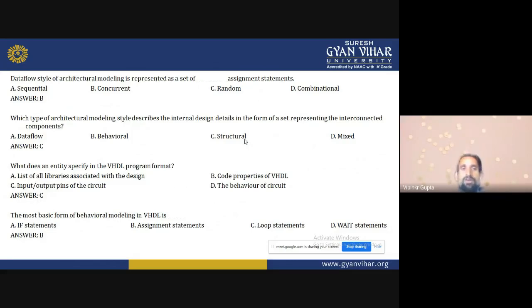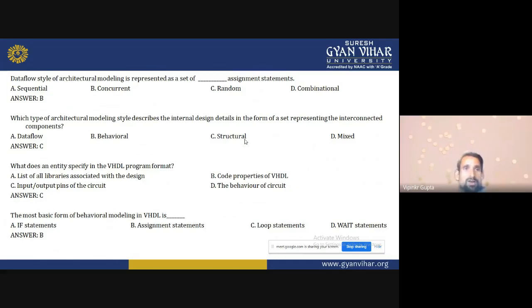What does an entity specify in a VHDL program format? That is the input output pins of the circuit. The most basic form of behavior modeling in VHDL is the if statement. So the correct answer is the assignment statement.